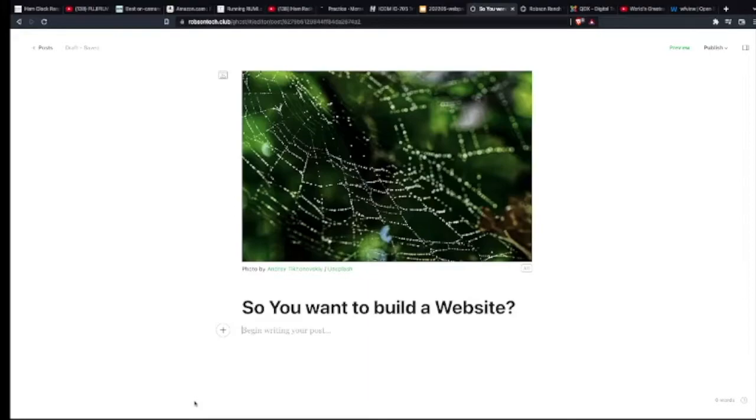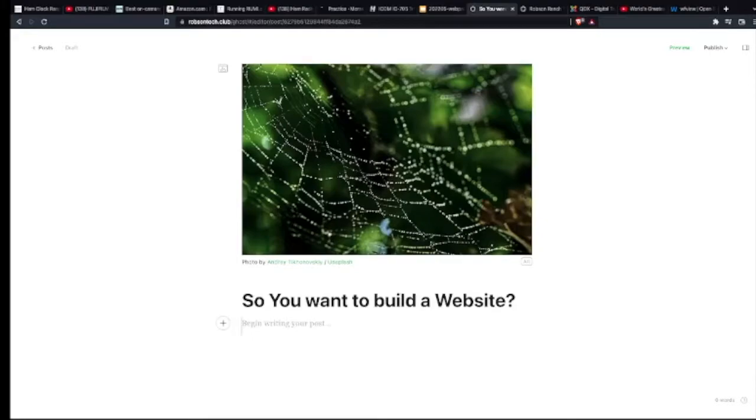So basically you write your post using the Markdown language, which is basically simple text with a few little commands in there, and I'll show you one in a minute. And then it'll convert that to HTML for you. Hugo will. So if I want to put a heading in here,